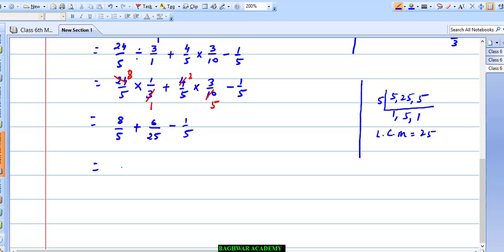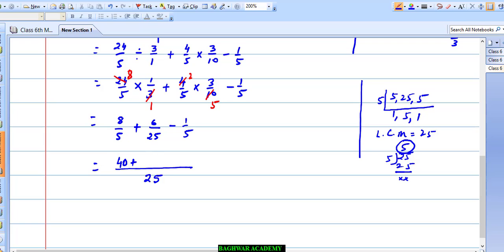So here we will simplify. Just you try to understand. Already you have done this, but just you see how it will be simplified. This LCM is required to be written in denominator. Now with this denominator, this LCM is required to be divided. So 25 divided by 5, what we will get? 5. 5 5 is 25. Now this 5 what we have got, this 5 is required to be multiplied with numerator. So we will get 5 8 is 40. The same thing is required to be done with 6 by 25.